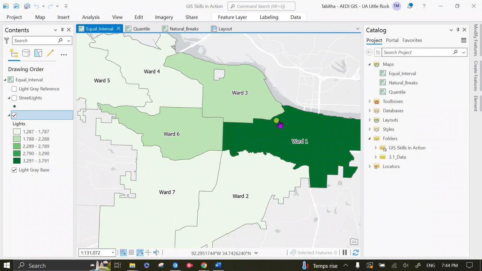Welcome to the video tutorial for assignment 6.3, Fixing Choropleth Maps. We are going to change the data that we are displaying in the 3 Choropleth maps that we made in assignment 3.1. So to get started, you need to open the project that you used to complete the assignment in